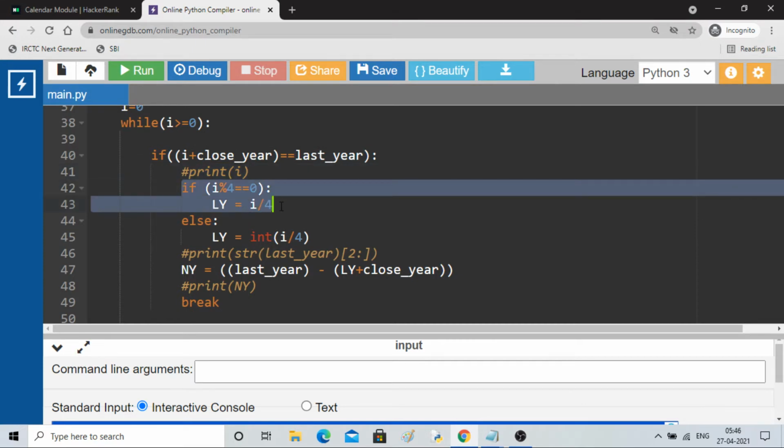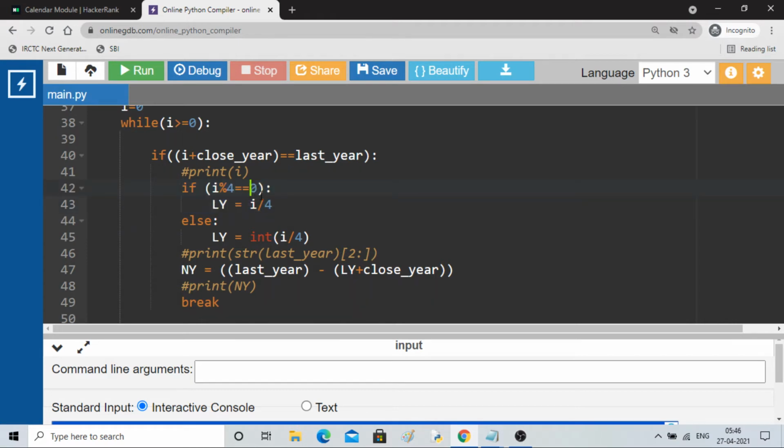Then you take the value of i, which is 43 in our case. It checks 43 divided by 4, whether the remainder is 0 or not. It will take leap year equal to i by 4 if the remainder is 0. If not, it will take only the integer value of i divided by 4 as leap year.